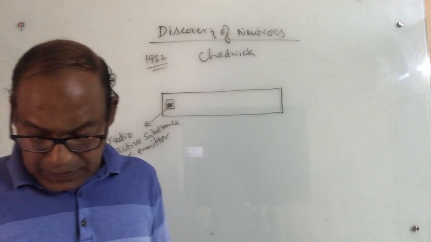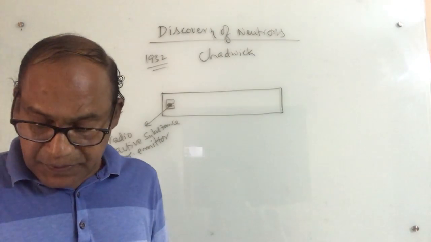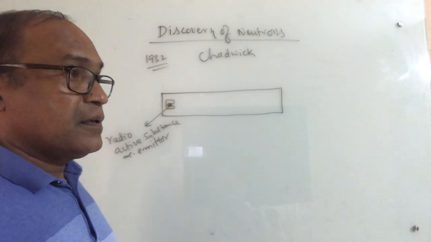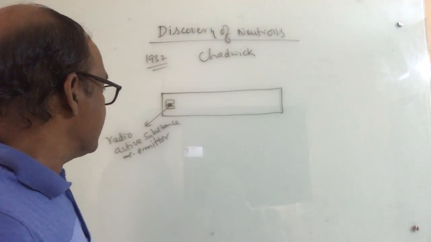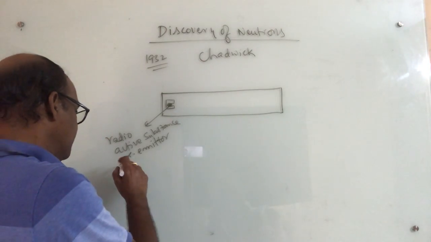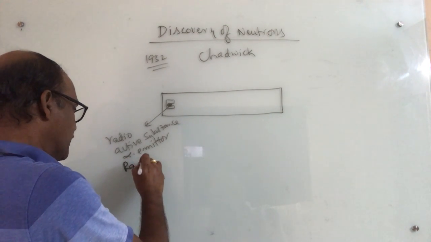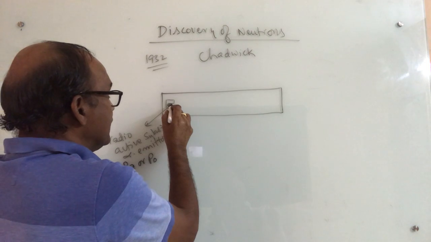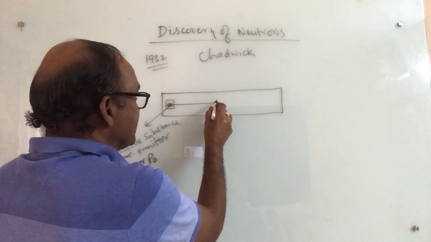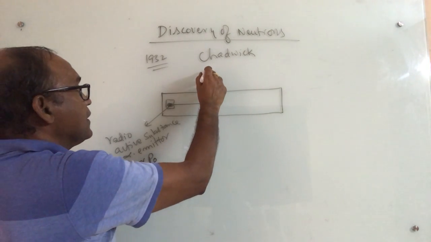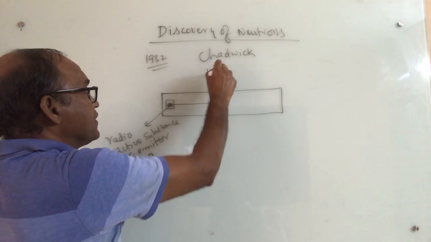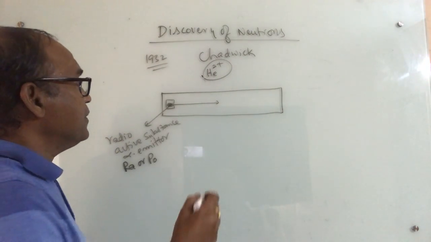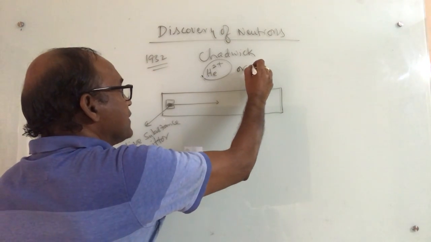As you know, radioactive substances are alpha or beta emitters. An alpha emitter like radium or polonium may be taken as the radioactive substance, and it emits alpha particles. As you know, an alpha particle is the doubly ionized helium atom or helium nucleus,